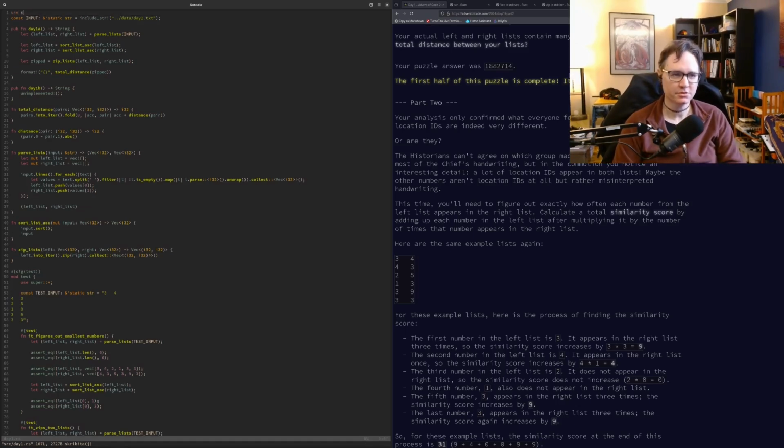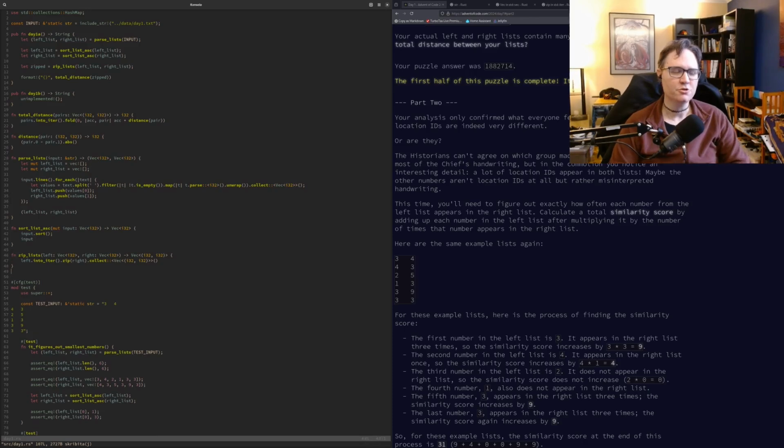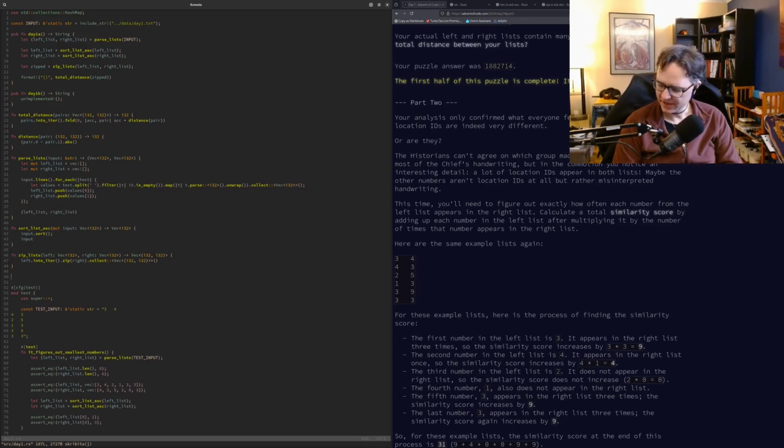So use collections hash map. And what I want to do, there's a technical term for this. I'll just call it a frequency count. So type frequency count equals hash map.